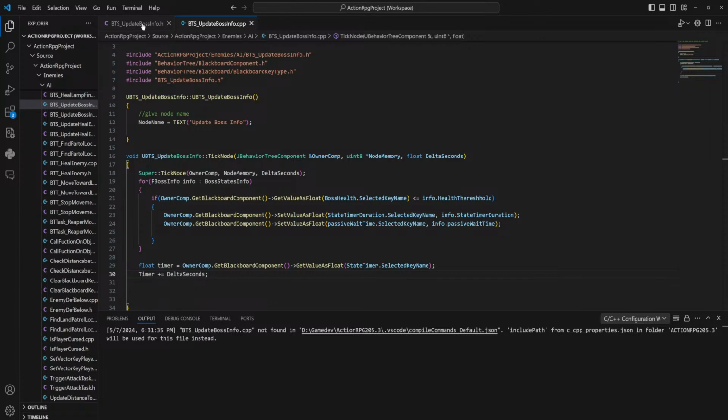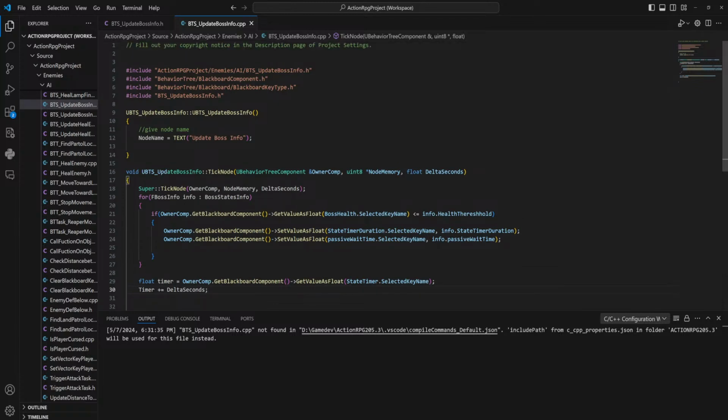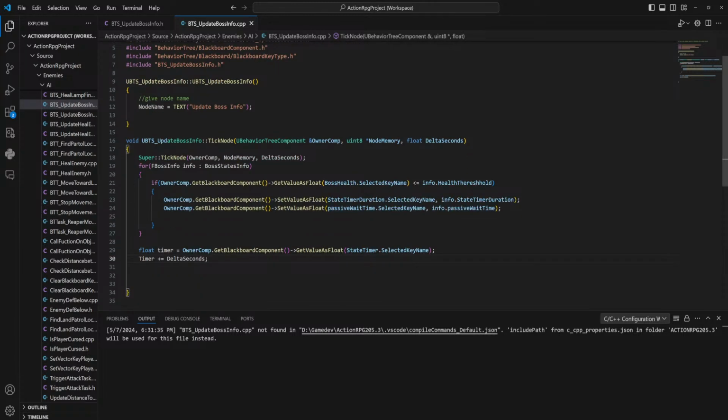Okay. Assumedly, the delta seconds here refers to the time since the last time that this node ticked. In a tick function, it's on a per frame basis, but this is not going to run every frame. This is going to run every X amount of time. So presumably that delta seconds refers to that value.